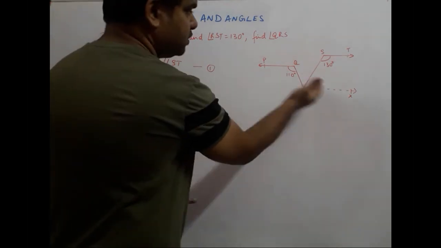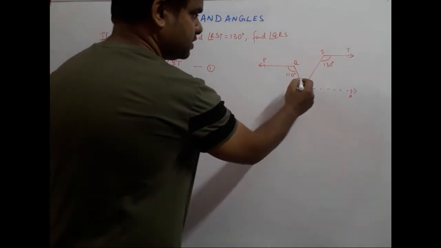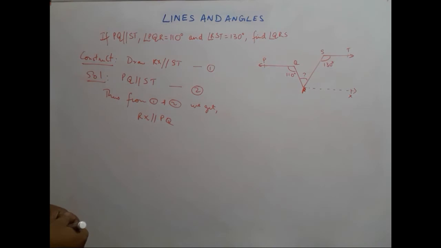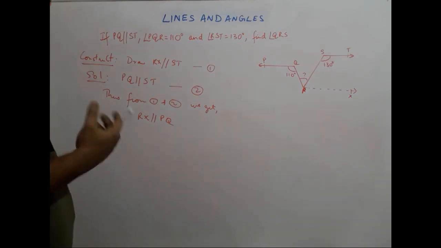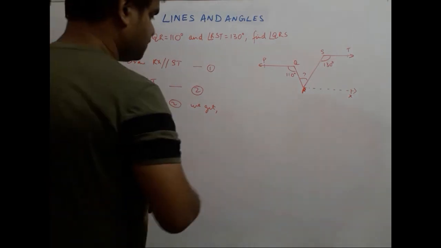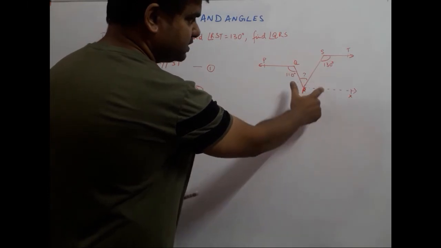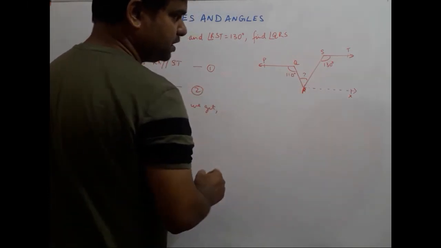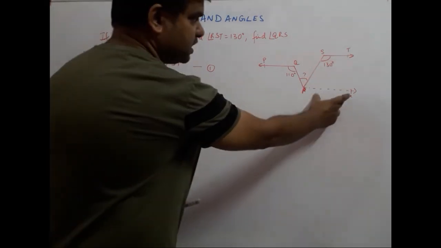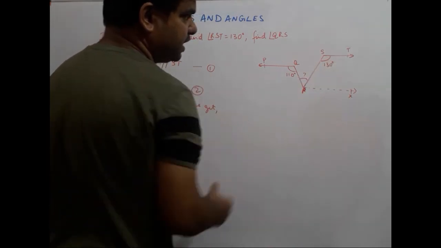Now why do we need to do all that? Because we need this particular angle. To get this particular angle we need to use certain properties of parallel lines and transversals. So if we want to find out this thing, we may have to find this entire angle first. So let us begin with what we have got first. We have this line, we have this line, and we have been given 130 as this particular angle.